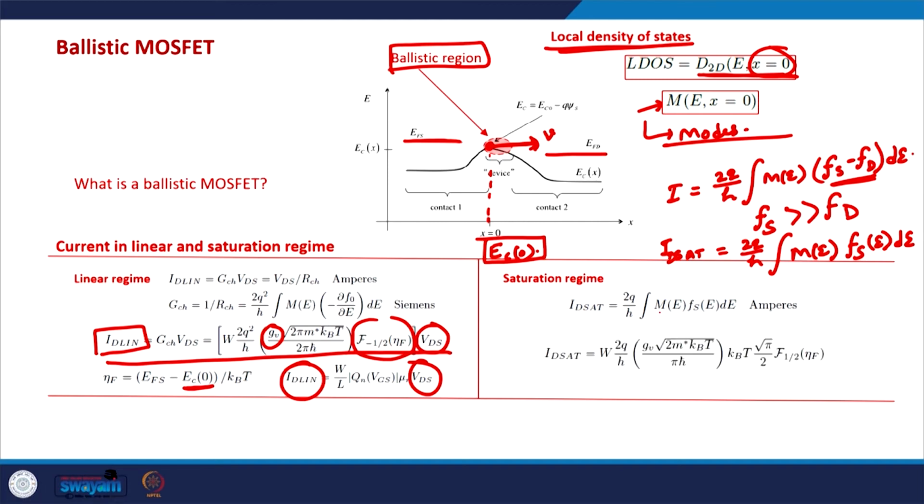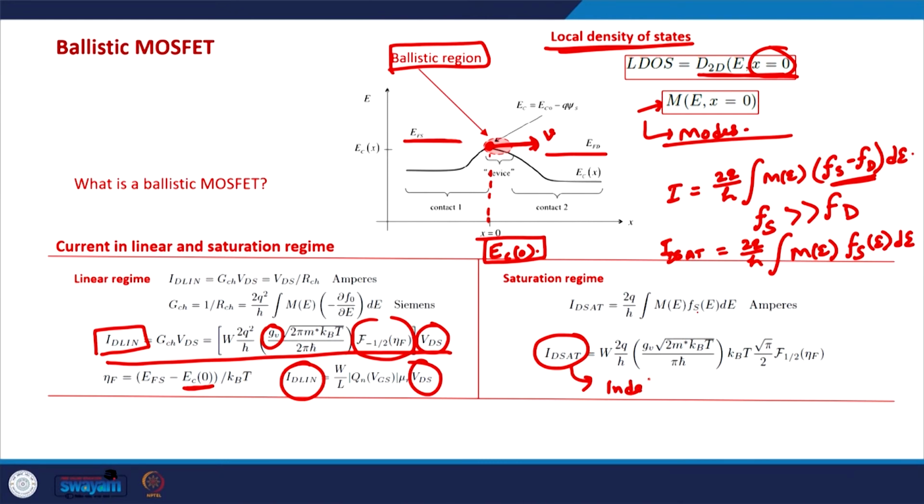So since we are mostly considering a 2D channel, this is how it looks for a 2D channel, and after doing the calculations it is this times this mathematical factor times the Fermi-Dirac integral of order half in this case. And as you can see, the current here does not have a direct dependence on the applied voltage, which implies that the current has saturated. It is no longer dependent on